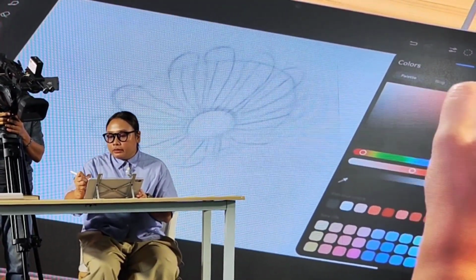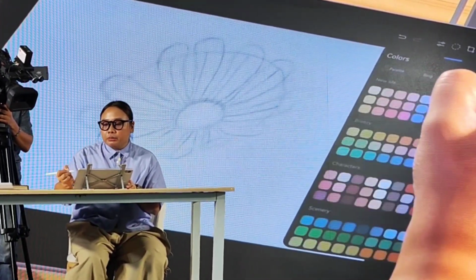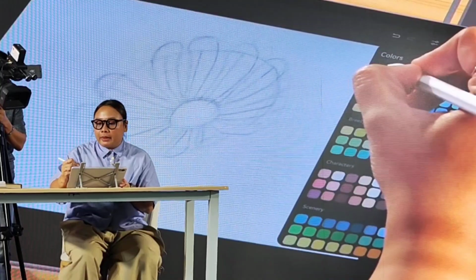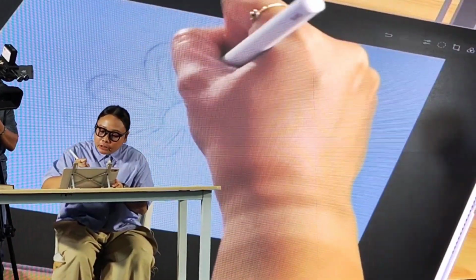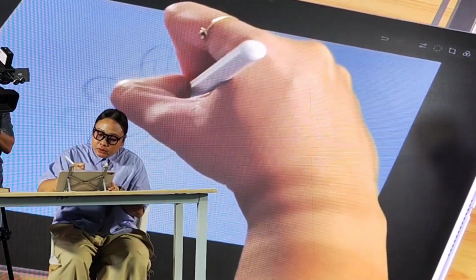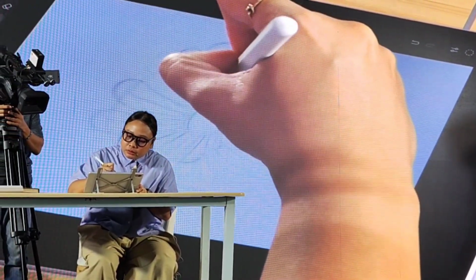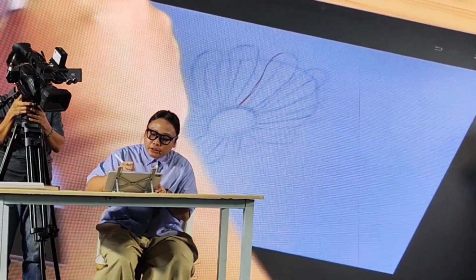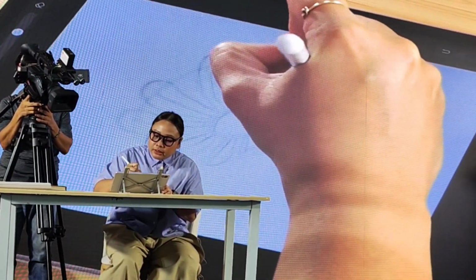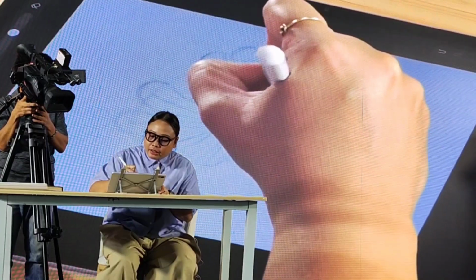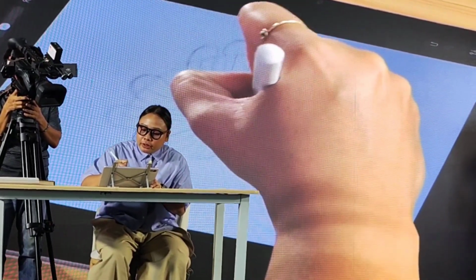But if you don't have any color in mind, you can explore the built-in color palette of the GoPaint app. So this stage is like you're inking the element or the artwork.